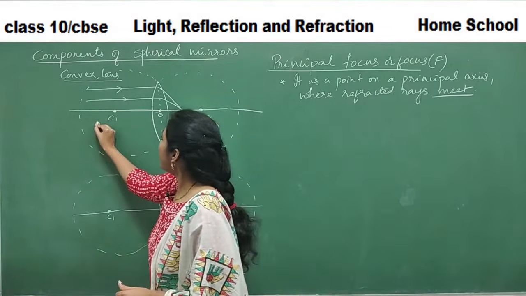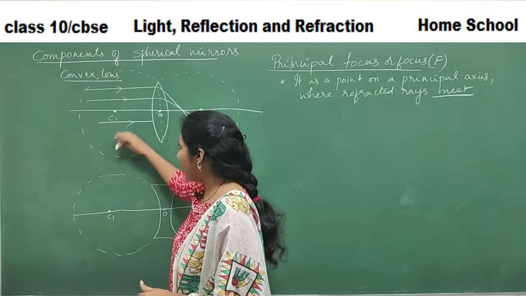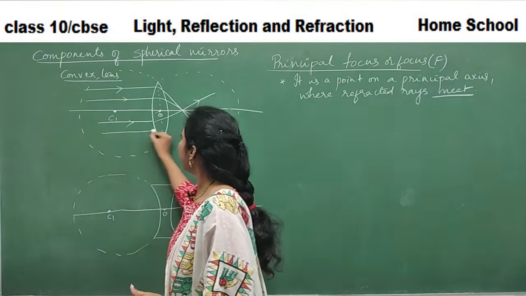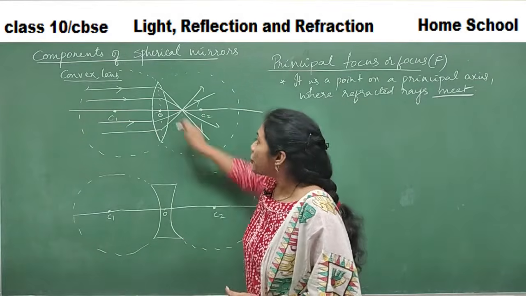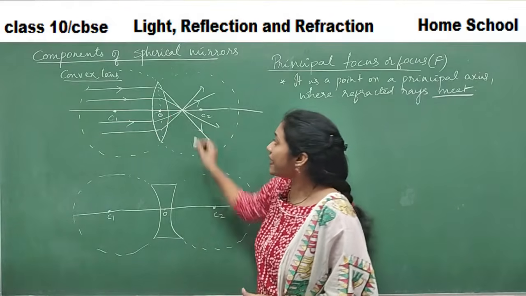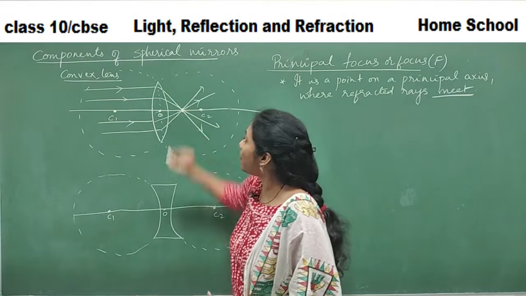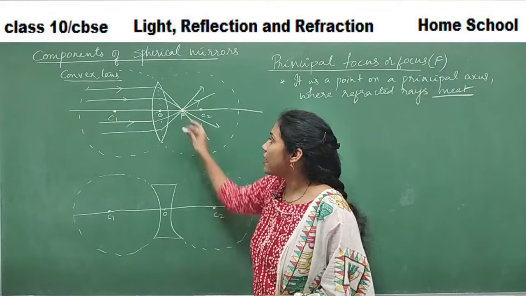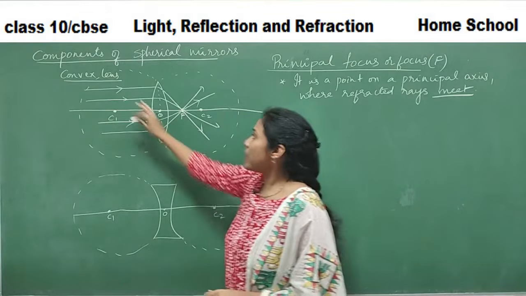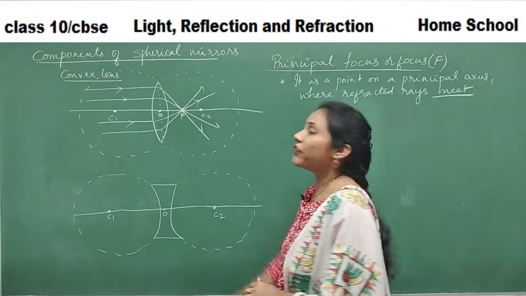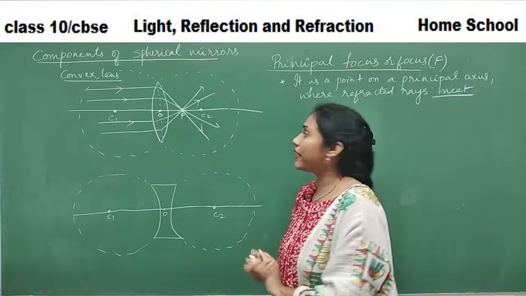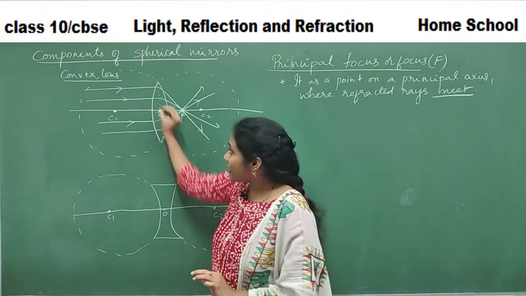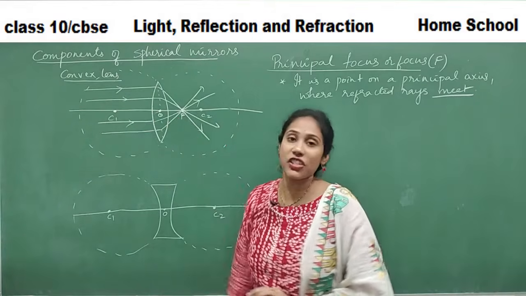Fine. Similarly, even the rays parallel below the principal axis bend and go like this. Another ray I will take, it bends and goes like this. All these are refracted rays. See, they are converging at a certain point, and such a point we call the focus. What do we call it? Focus. So in the case of a convex lens, convergence of refracted rays takes place. This is a very important point, guys. That's the reason a convex lens is called a converging lens.